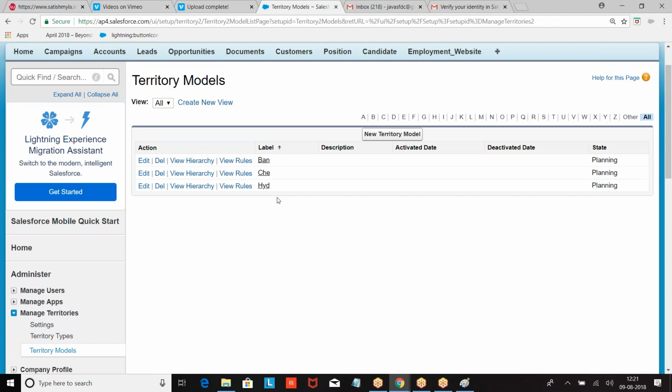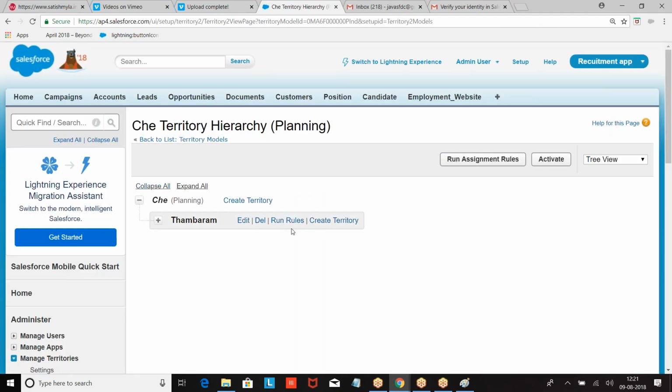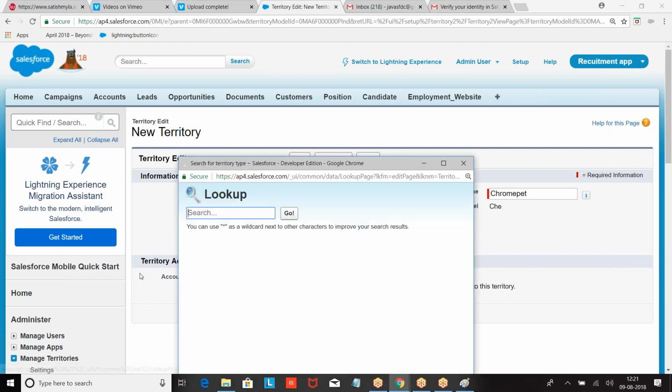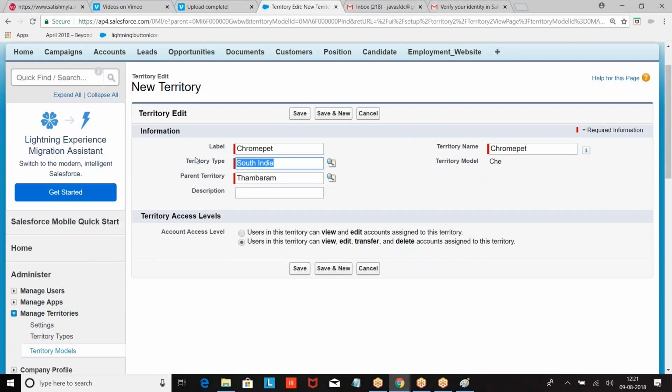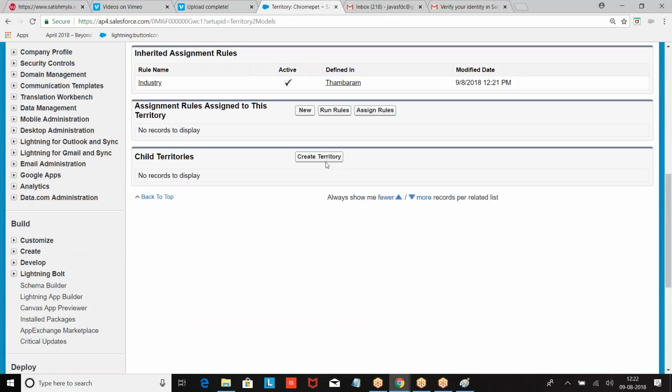Now I added the members and I added the users to the territory. So again, go back to the view hierarchy. So we added Tambaram. Under Tambaram, I want to create one more territory. So I want to create a child territory. Chromepet. Now again, you want to create a child territory.